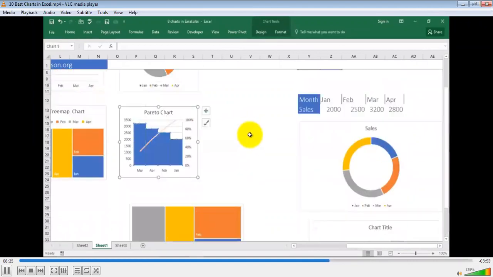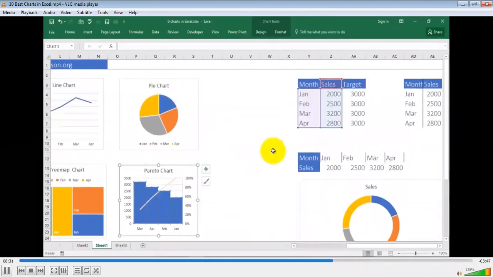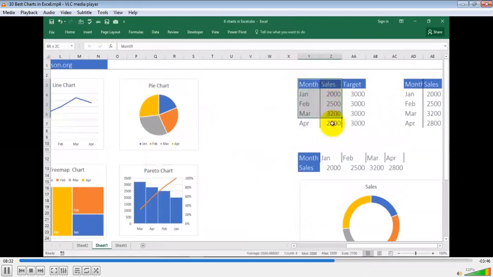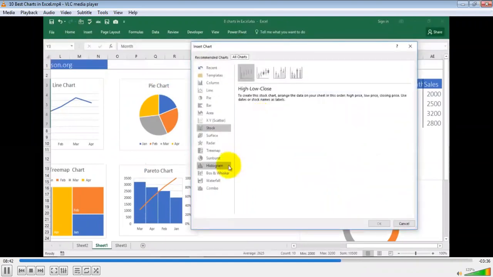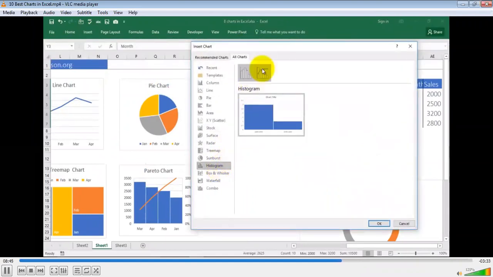And then comes the Pareto chart, extremely difficult to make in the earlier versions of Excel, but very easy to make in this version of Excel now. So let's select our range, sales data, go to insert, and from here you can choose a Pareto chart. Here is your Pareto chart in the histogram.